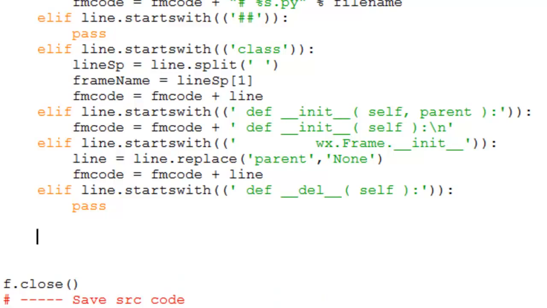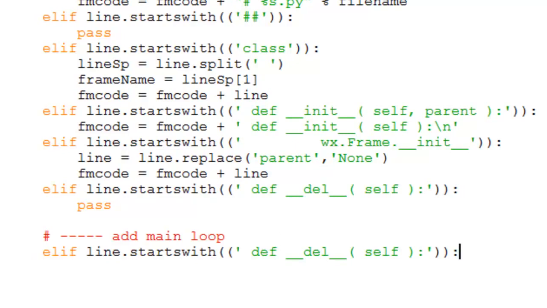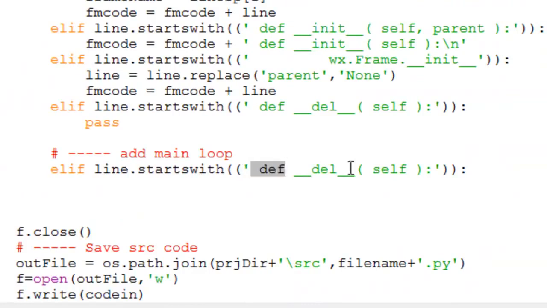Okay, now we'll put a comment here, add main loop. Okay, and we've got elif line starts with the word pass. We want to replace that pass with, and we go code equals code plus,